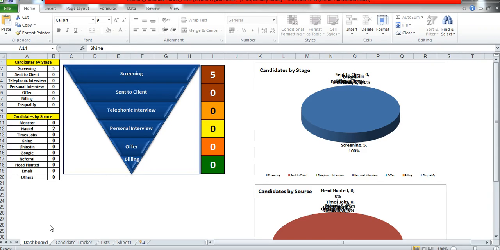So let's imagine that you have one or two candidates for today, and you want to maintain the track of that candidate. So you use a candidate tracker here. If you can see, the first sheet actually says dashboard. If you see my mouse here, I'm just showing it. This is the first sheet where you do not have to do anything. You go into the next sheet by clicking on the one which actually says candidate tracker,